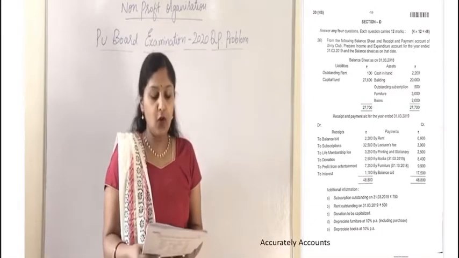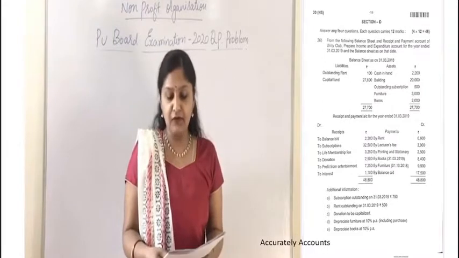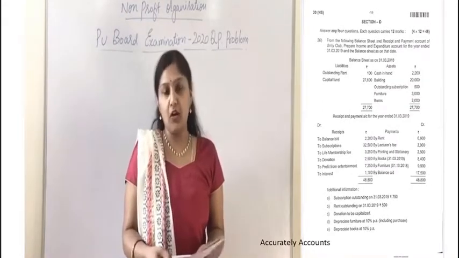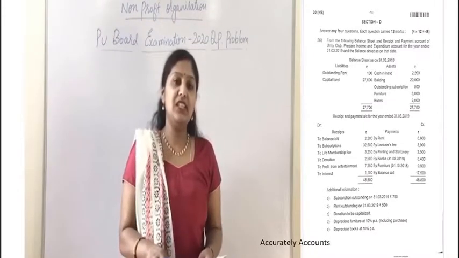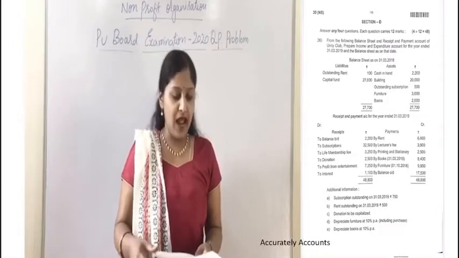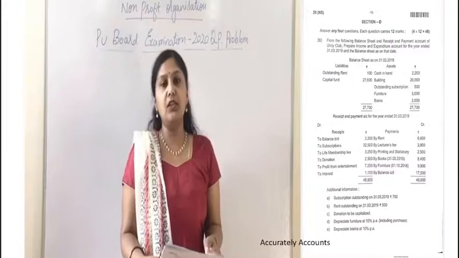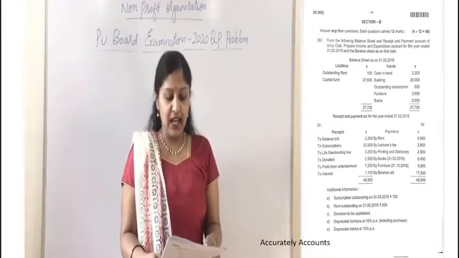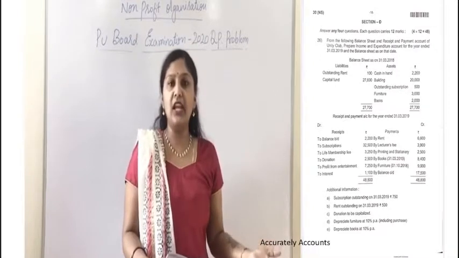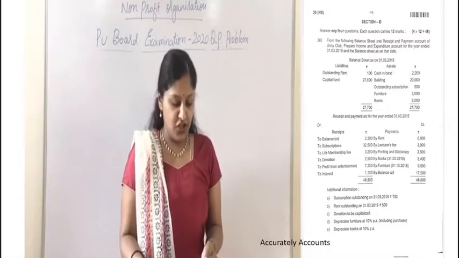Now let us go through the receipt and payment account. So the receipt and payment account for the year ended 31st March 2019, that is the current year's receipts and payment account, they have given to us. With the help of the receipts and payment account, we need to prepare the income and expenditure account followed by the balance sheet. Below the receipts, we can find to balance brought down. This is the opening cash balance. Again, we are not considering this opening cash balance because I already told you we are going to take the closing cash balance into consideration below the asset side of the balance sheet.